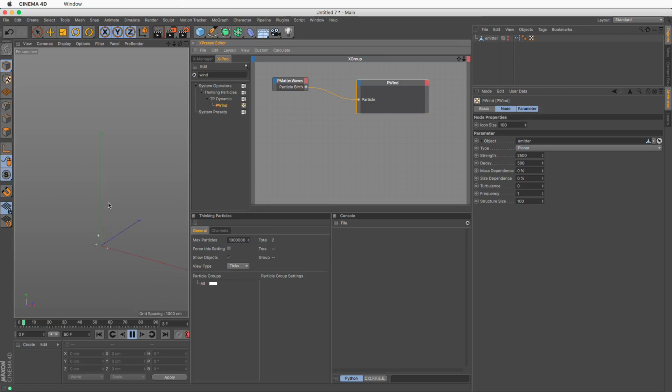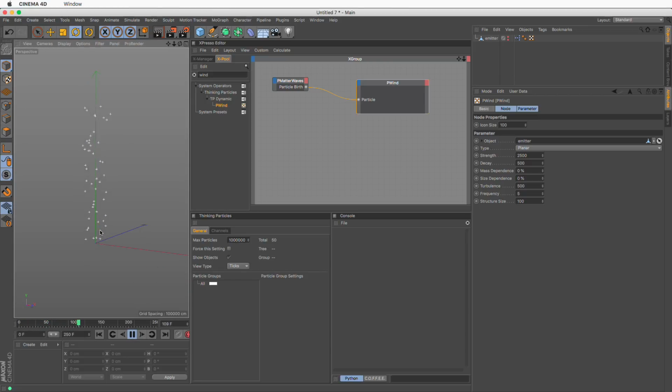Now you can see they're going straight up, and I need to add some turbulence here. 500 seems to work nicely, and I'm going to change the frequency to 5. So this now creates a bit of turbulence. I'm going to extend my timeline to 250, and something like that happens sometimes. Good, and there you go. So we have some sort of undulation between these particles. Now, if you're wondering why I don't make them fly out even more, that is because as the particles are growing in age, they'll get bigger as well.